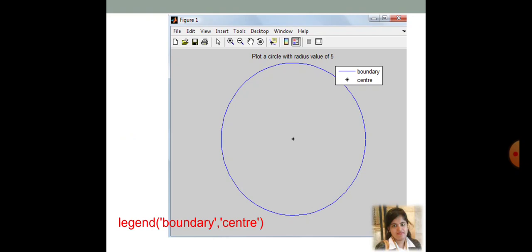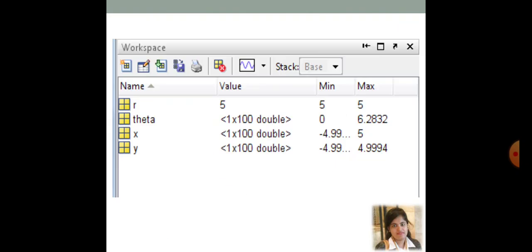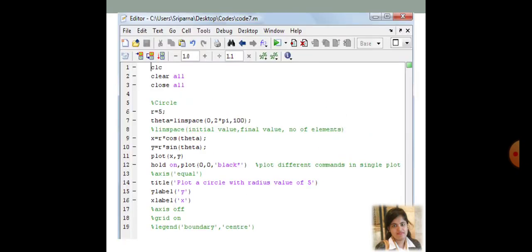In the legend function, whatever thing you have plotted first, you need to name first. That is within single quotation marks, that is a string, written in the first position of the legend function. Why? In the plot function you can see the first plot is the line number 11. That plot xy is going to give you the boundary of the circle.